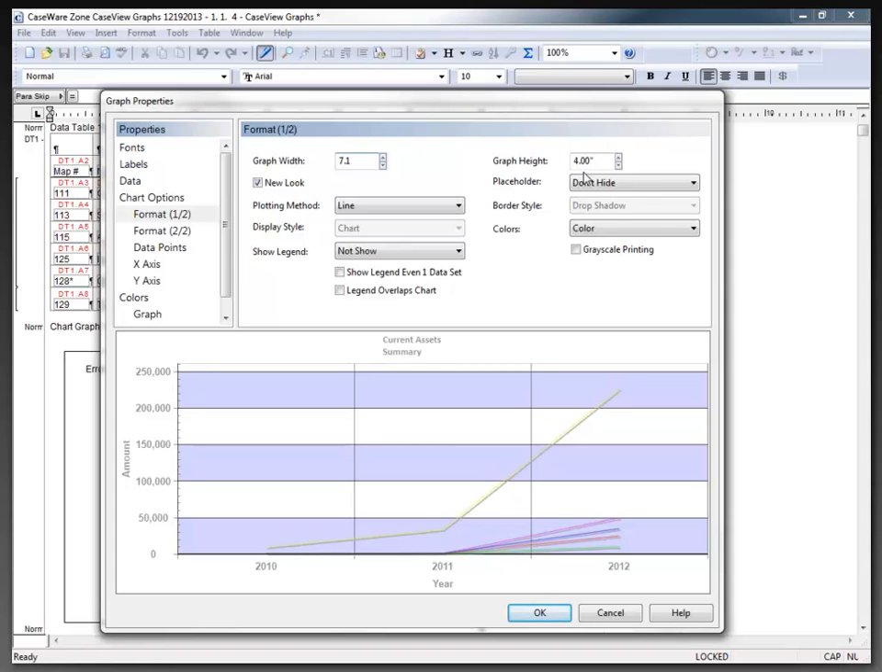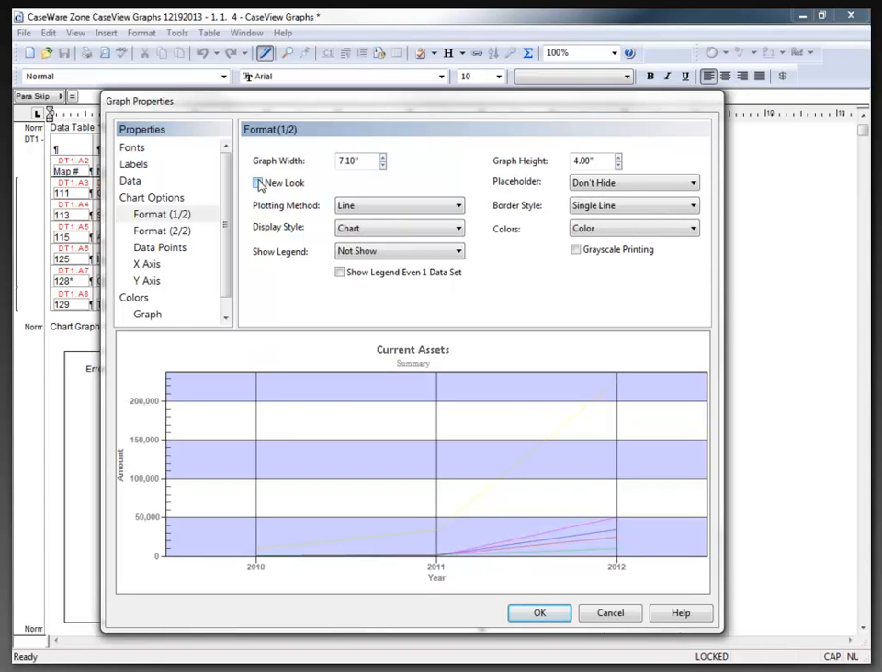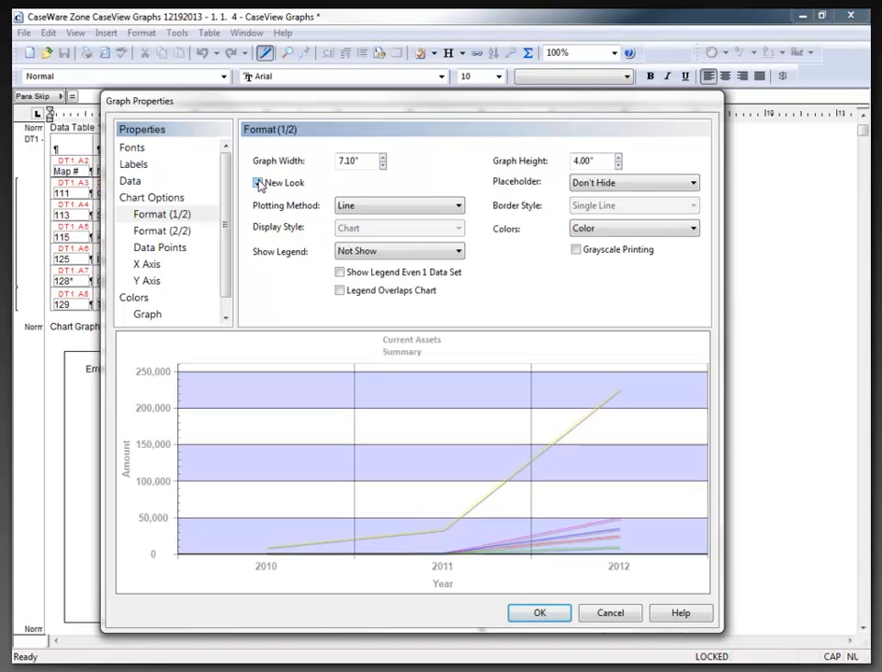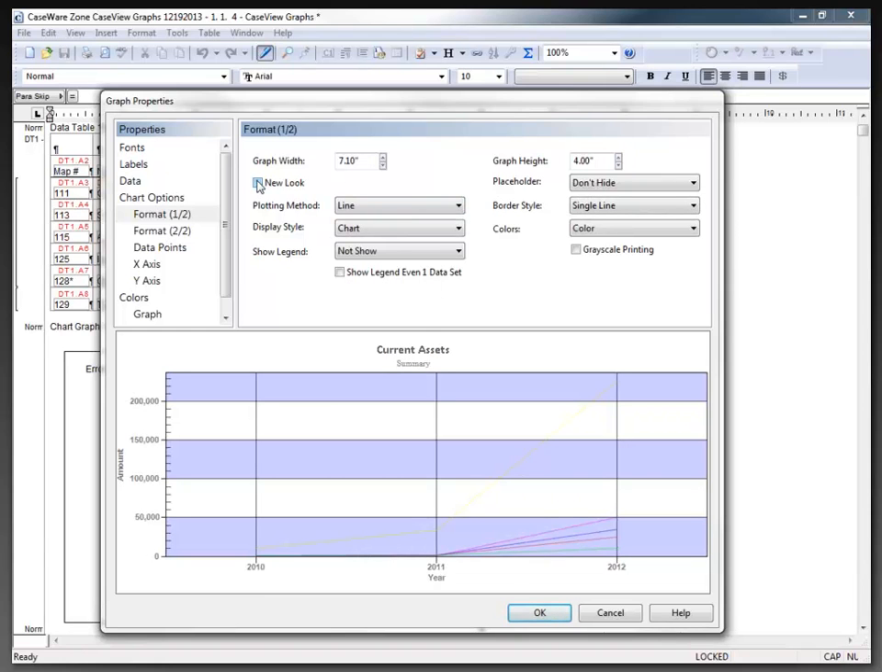We also have an option for the new look. Now that's checked right now, but I'm going to uncheck it because we're going to see different properties depending on whether the new look is selected or deselected. And you can see some of the items change in this page right here when I do that as well. Now I'm going to come back and turn it on. I do like the new look when I'm finished, but I want to show you as much property capabilities as